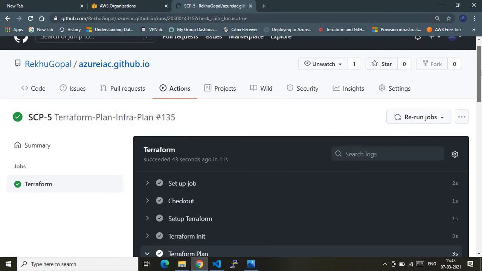Again, let me make a note that this GitHub action is just giving a blueprint of what is actually going to happen in the Terraform plan stage. It has not provisioned the AWS resources. It has just given the summary that if you run the Terraform apply, these are the services going to be created in your AWS account. That's what the Terraform plan says.